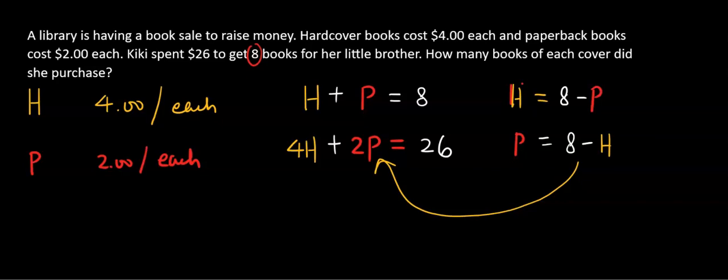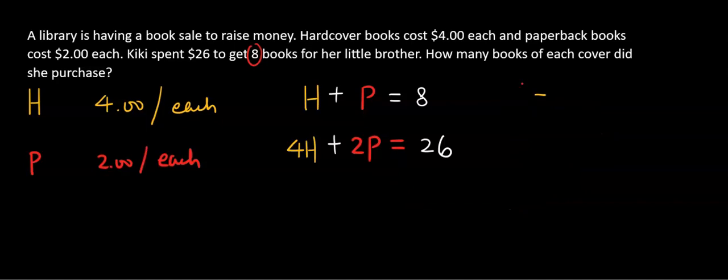All right? Okay, now we're going to try another method that is called multiply first, then eliminate. Now you're going to decide which one you want to eliminate first. Do you want to eliminate H first, or do you want to eliminate P first? You make your decision. I'm going to eliminate P. If I eliminate P, guess what? I'm going to have the first equation,